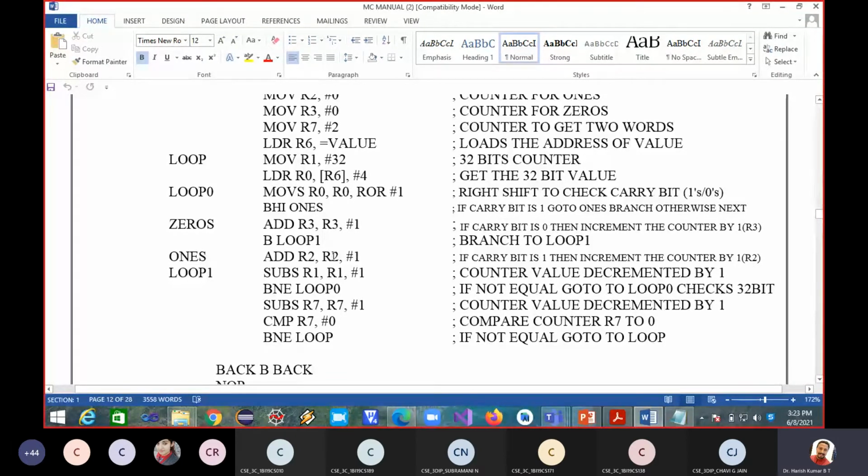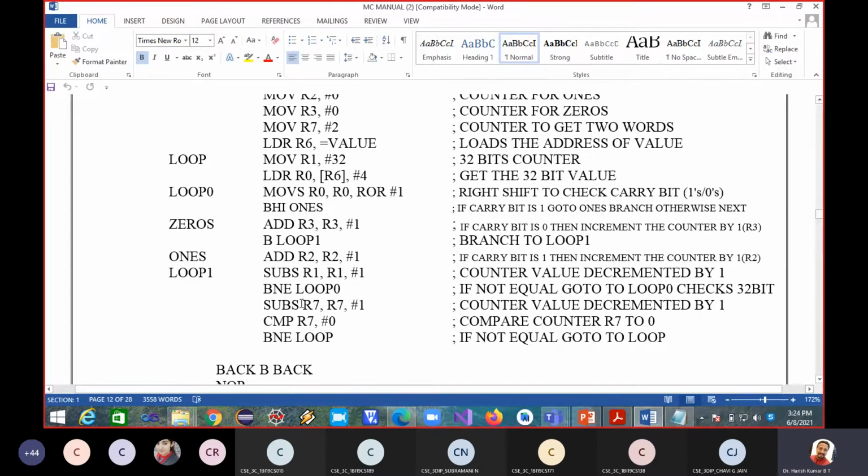So the R2 and R3 registers are not going to keep separate counts of zeros and ones for the first memory location and the second memory location. Instead, it continues with the counting. After the first iteration of R7, we have the count of zeros and ones in registers R2 and R3 respectively. In the second iteration of R7, the same count in R2 and R3 gets incremented for the number of zeros and ones present inside the second consecutive memory location also.